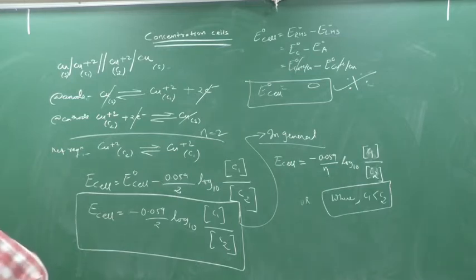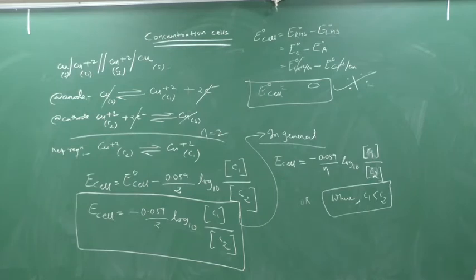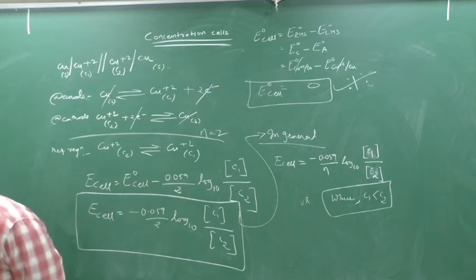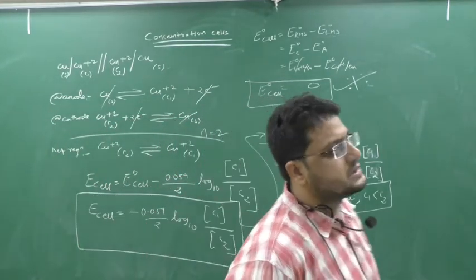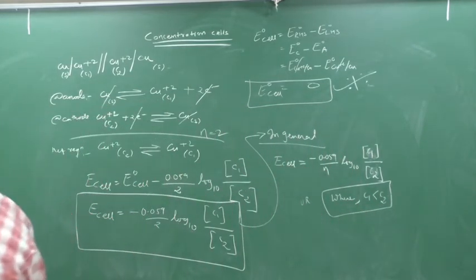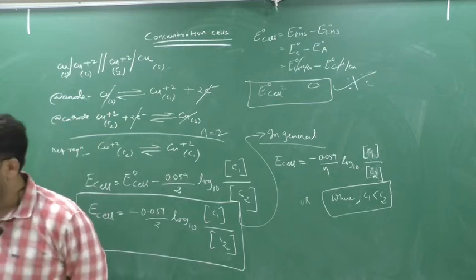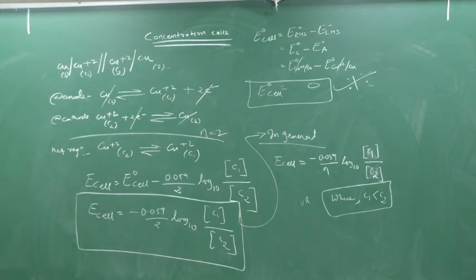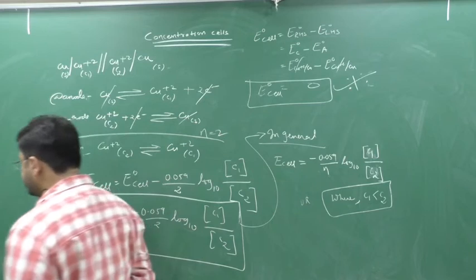Next point. Potential of concentration cell is comparatively very low, because the ions move from the concentrated solution to the dilute solution, and